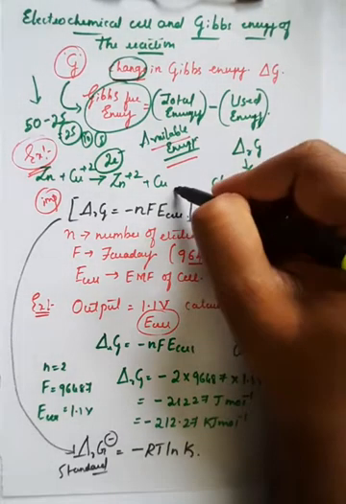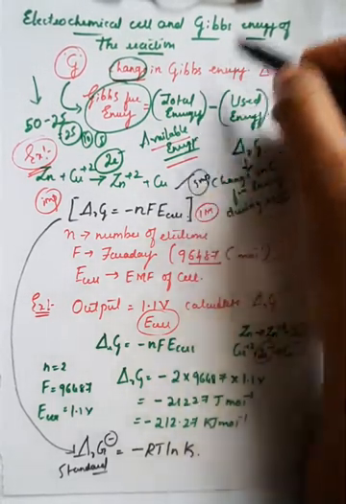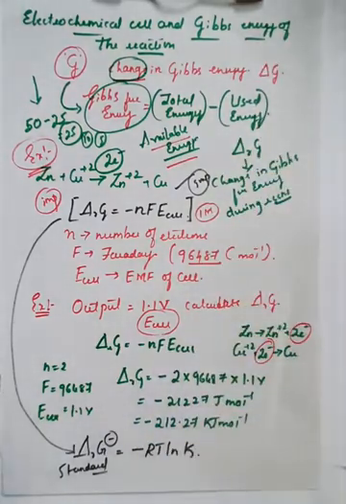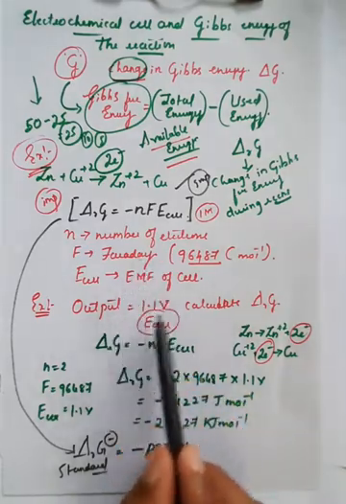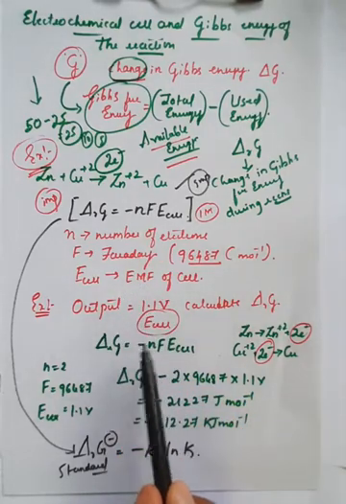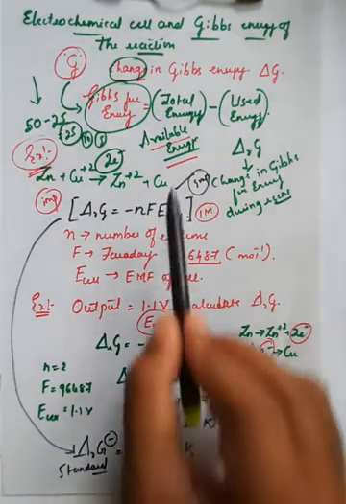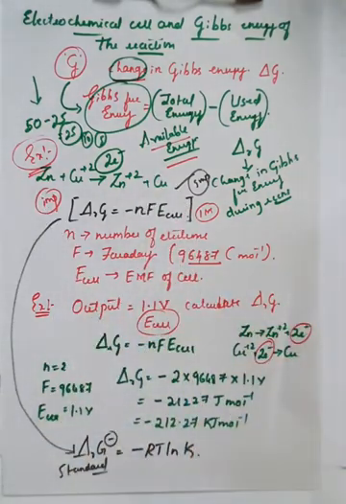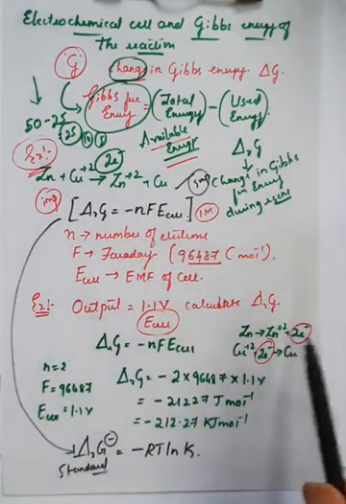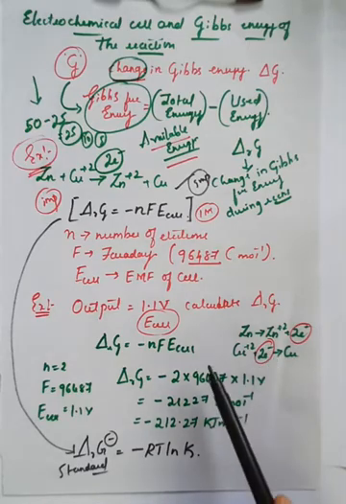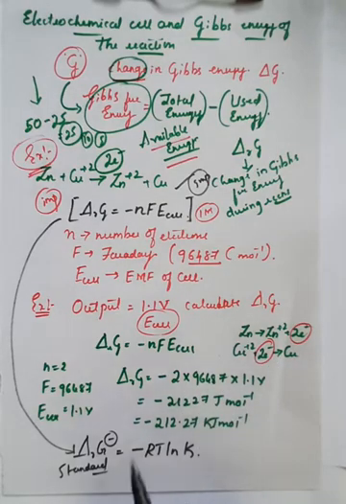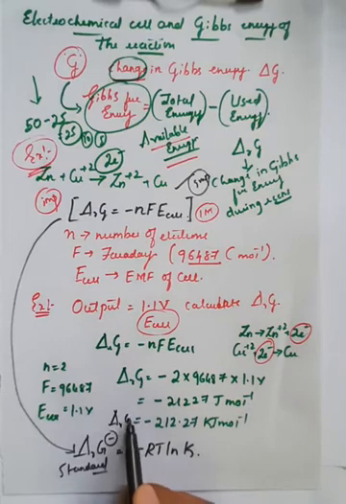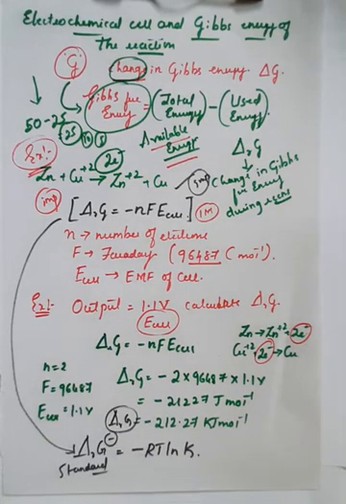This is a very important formula for the calculation of change in Gibbs free energy during the reaction in case of any electrochemical cell. We have taken a general example of the Daniell cell, and the total output of 1.1 volt is given by the Daniell cell, and we know the reaction. If you know the reaction, you can identify the total number of electrons transferred during the reaction, and by applying the constant value, that is the Faraday constant, you'll get the change in Gibbs free energy during the reaction.